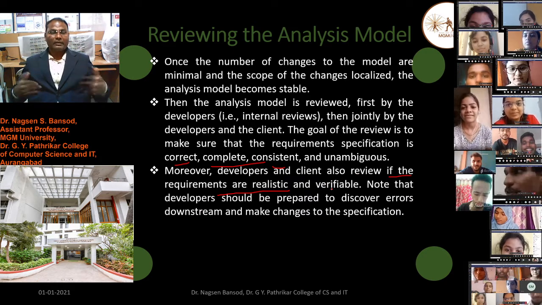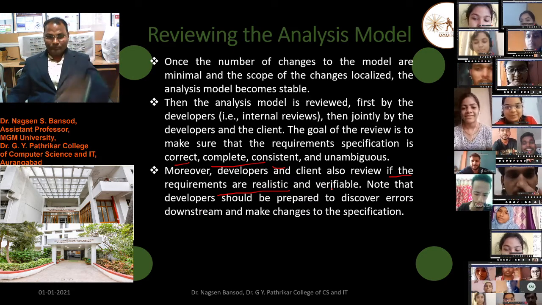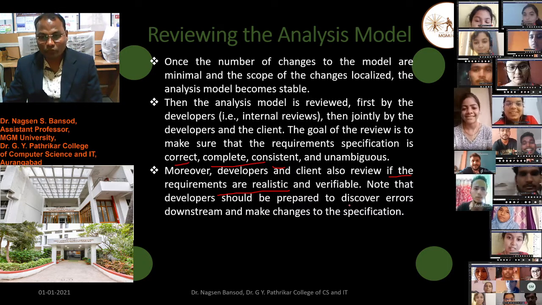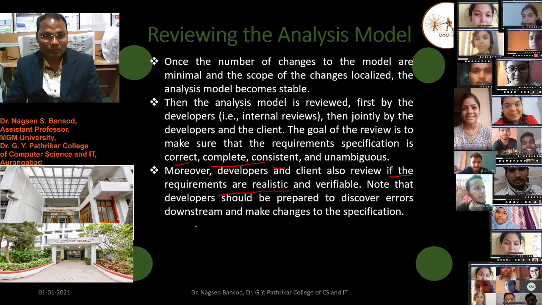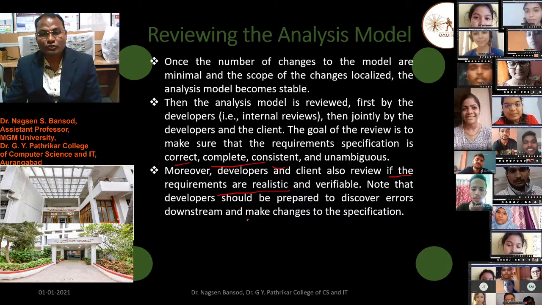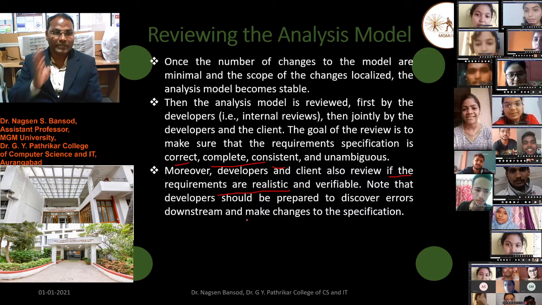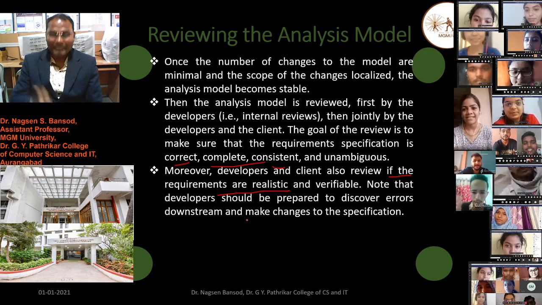As a developer and client, we have to verify that information, discover errors downstream and make changes to the specification. If there are errors, then correct them.